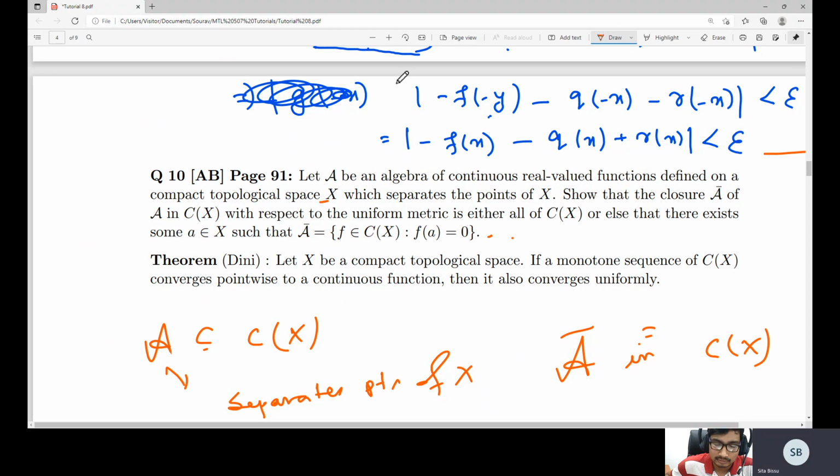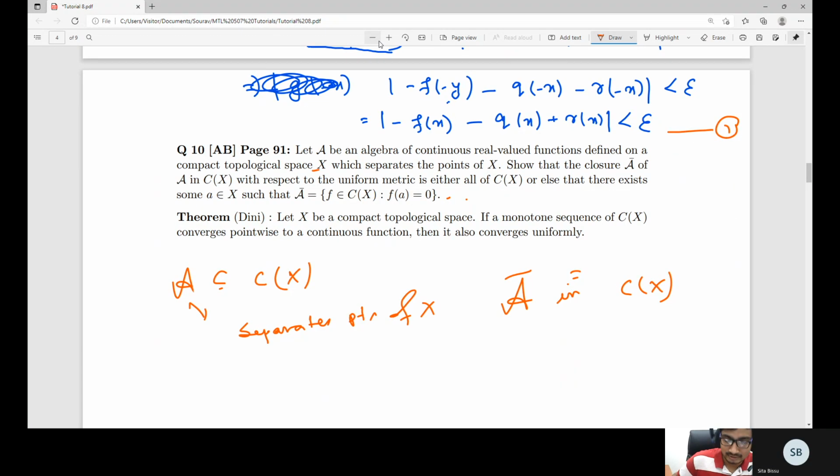So constant function one नहीं. हाँ, right, constant function नहीं है, because one may not be in it. अगर ऐसा होता तो ये हो जाता है, ठीक है। अब ध्यान से समझना।